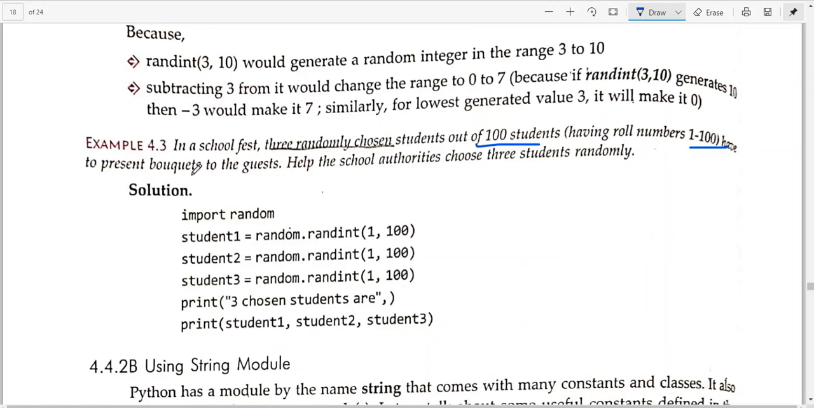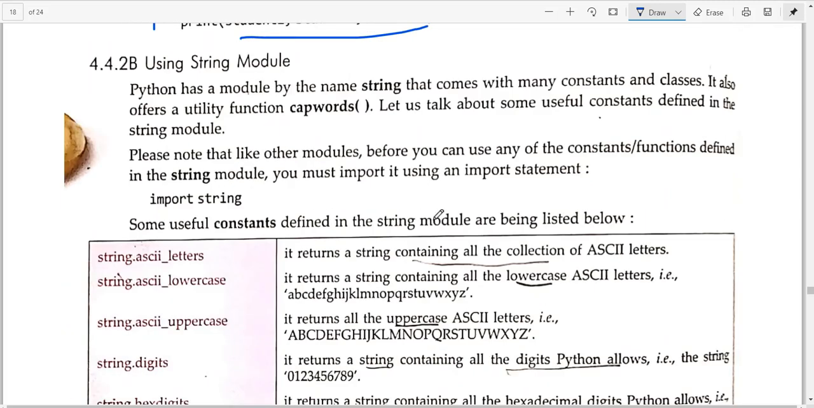How will the guest select? Using the random number only. You have to help using Python, na? He is saying you should help him. So how will the random number be generated with Python using this particular statement. So student 1 will be generated by random dot random number 1 to 100. Second student roll number will be generated, and third number will be generated, and we are printing that these 3 students can be called for that particular work. Okay, now next question is